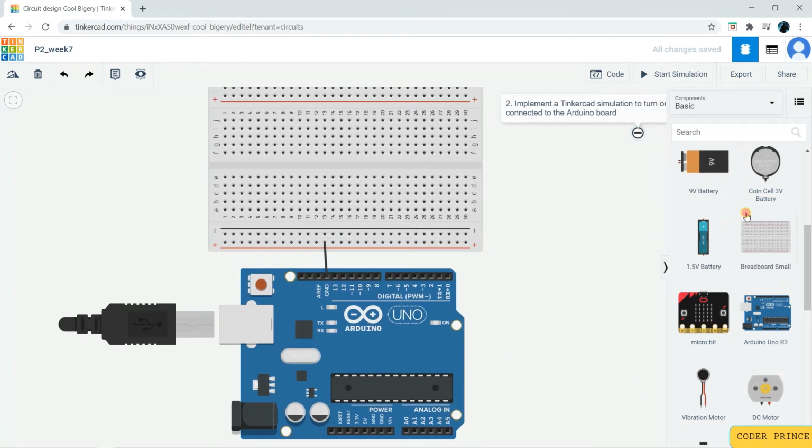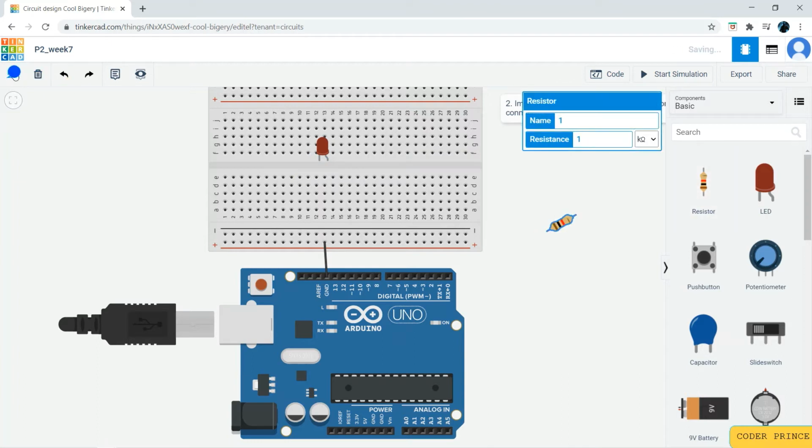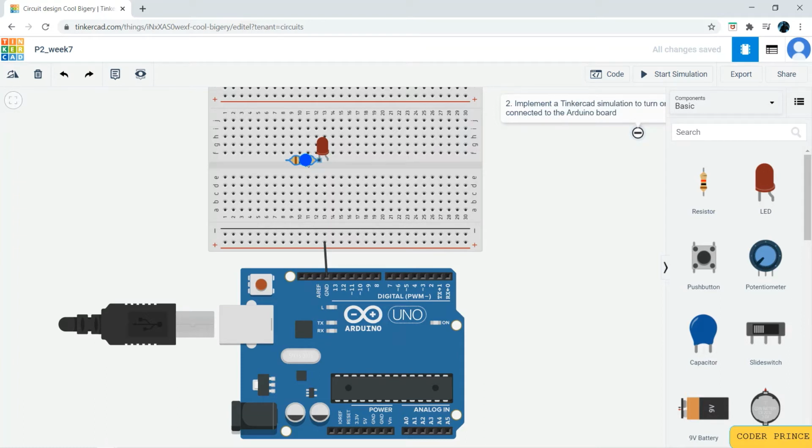Now we need to take an LED, and you can drop it over here. Make sure you don't drop it directly onto the hole, because you must connect a resistor, otherwise that might burn your LED. You can turn this using the rotate button, and you can simply place it adjacent over here onto the pin, or you can place it apart and connect them through a wire. Now this is actually connected, so you don't need an external wire.